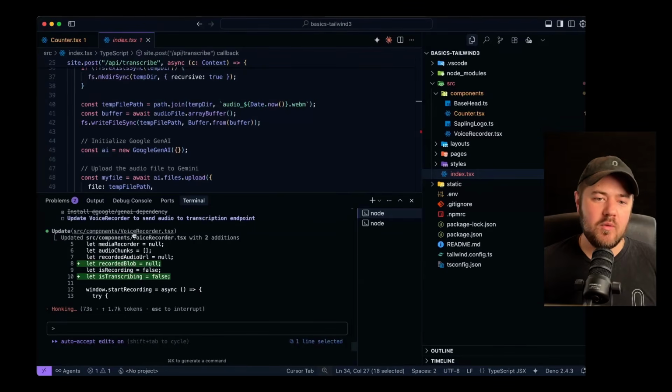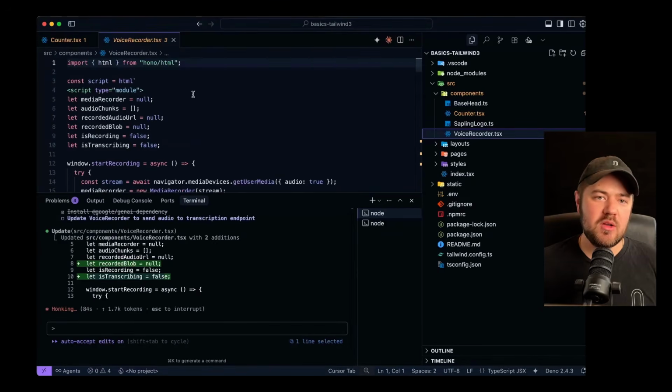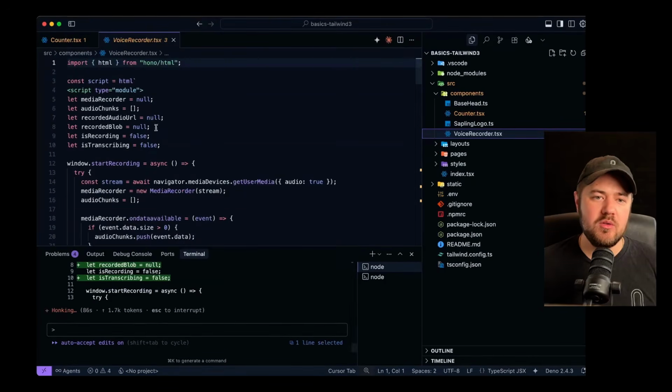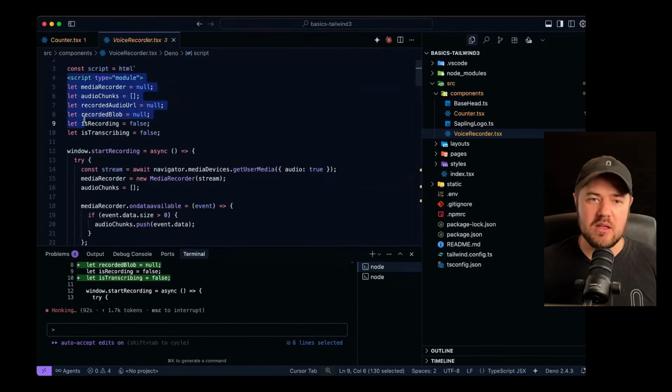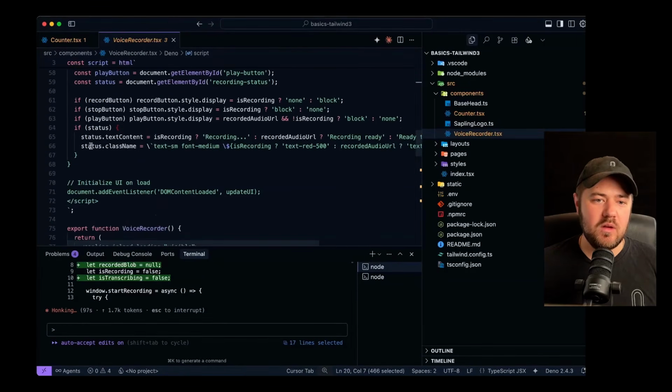Now it's working on our voice recorder component. It's working on the is transcribing value right there. What you're going to notice on our voice recorder component too, if you go and look at it, you have a script and then an HTML tag. So you can write just a nice clean script tag. And then that, if you scroll down, gets passed